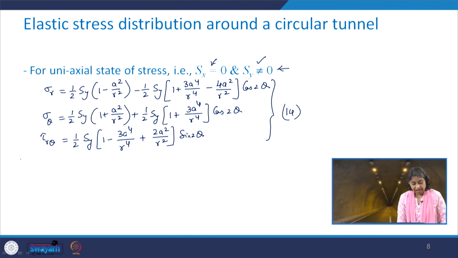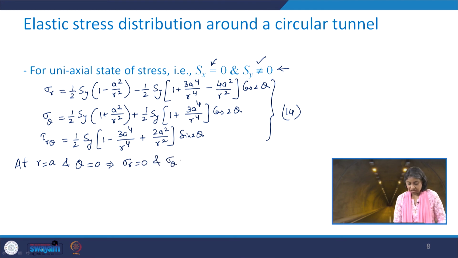Now, what will happen at r equal to a, which is at the tunnel periphery, and theta equal to 0, that means along the x axis. So, here just substitute it. This first term will become equal to 0 and this cos 0 will be there. So, that will give me sigma r equal to 0 and sigma theta will be equal to,